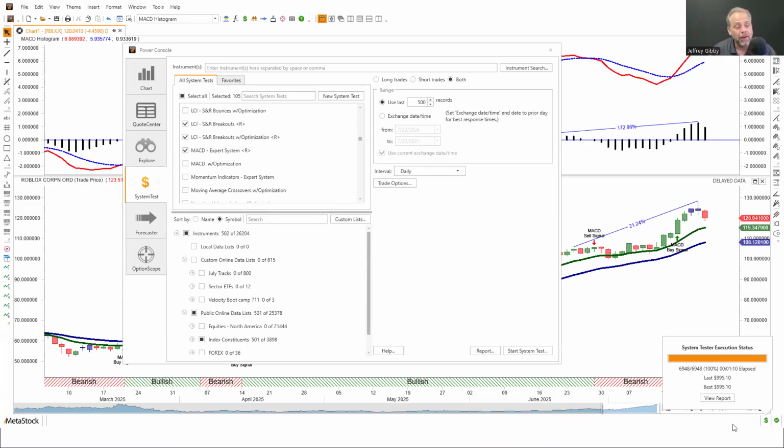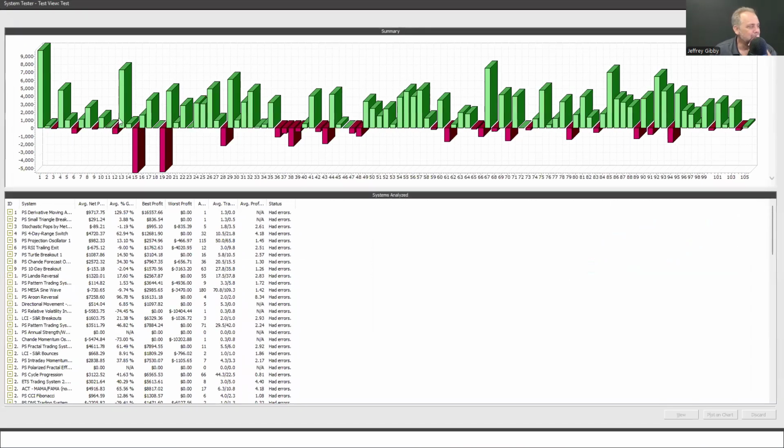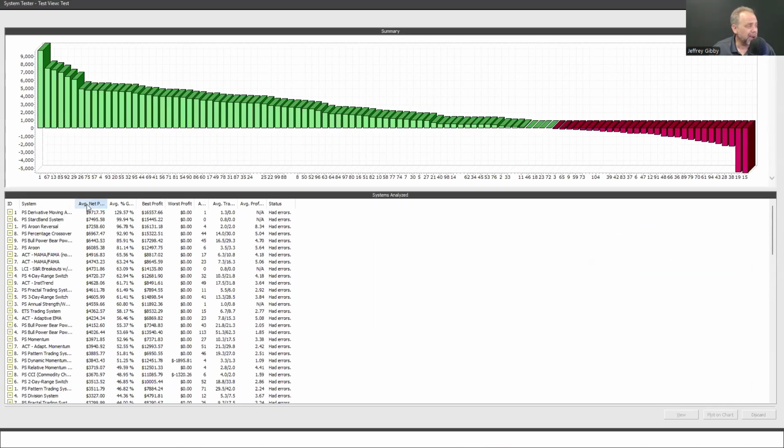It is done now. Let me go ahead and click on the view report option and take a look at the results. Right here, these green bars are on those 4 stocks. Those are systems that would have performed well on average against those 4 stocks. And the red ones are ones that didn't work. Okay. The idea here is, if I'm going to spend some time learning about methodologies and indicators and how they work, I would personally prefer to focus on the ones that work for the stocks that I'm interested in.